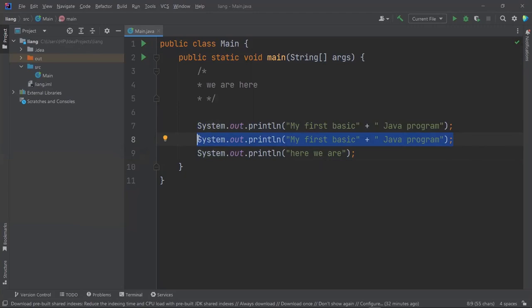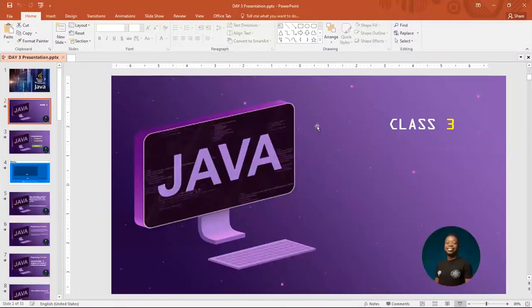Remember, if you don't understand the basics, there's no way you can take off and know what happens later. Understanding is key. It's not about cramming. You have to understand what is happening so that even if they wake you at 12 a.m. or wherever, you can explain what is happening. You don't cram codes. When you understand how it works, you can now be creative and come up with a lot of things. So good evening, guys, once again.